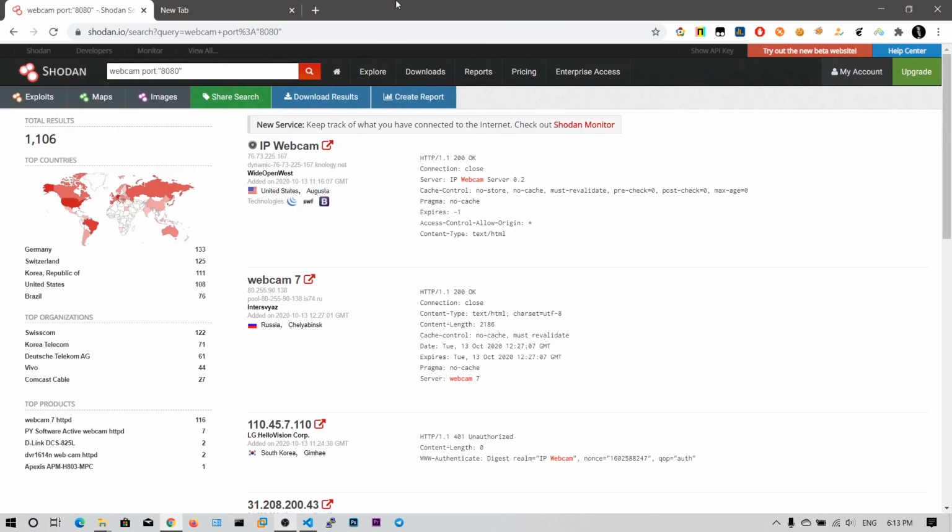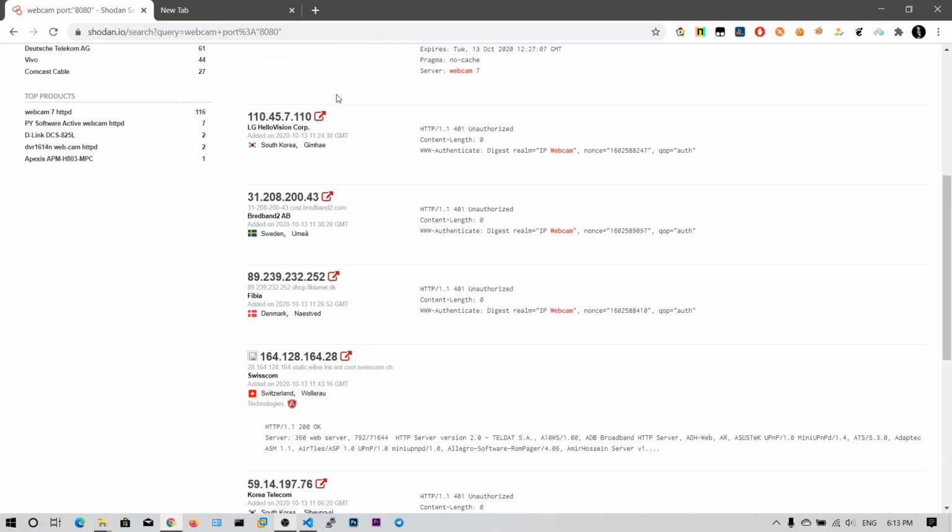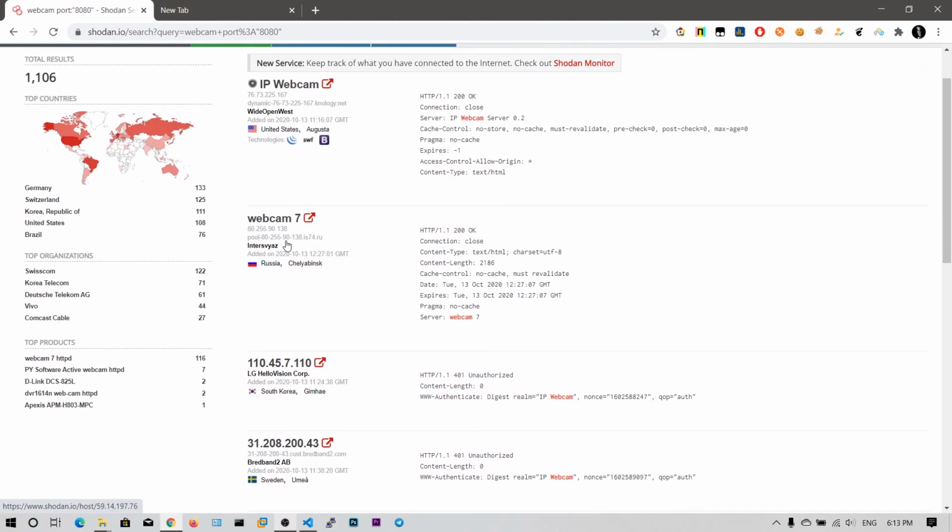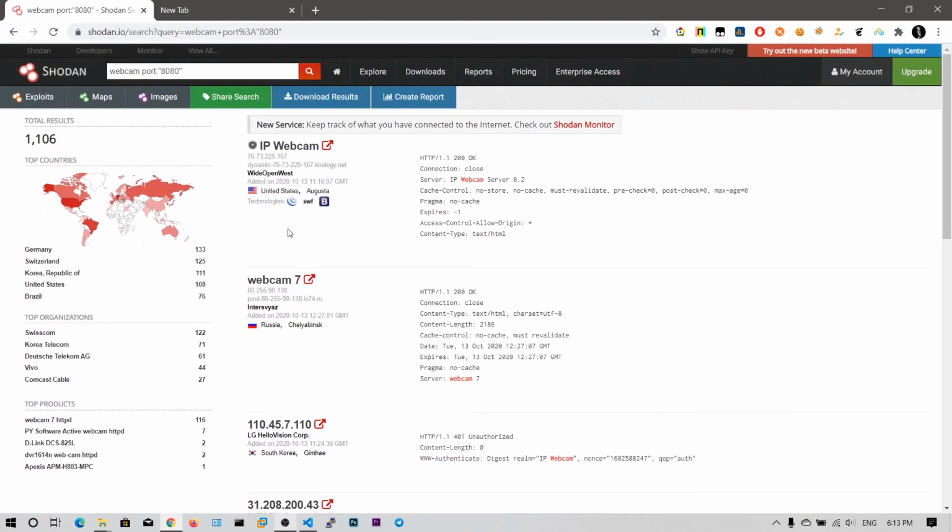One important thing I forgot to say is always use a VPN when using Shodan, because there may be honeypots right here. Honeypots are devices which log your details, which act like a computer, but they log your details, and then you think that it's a vulnerable device and start pen testing, but it's a waste of time, and also your data can be compromised. That's why always use a VPN for safety when searching in Shodan.